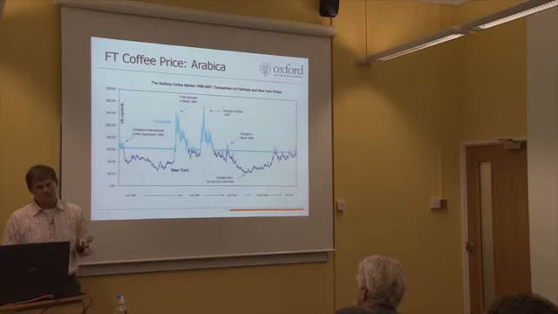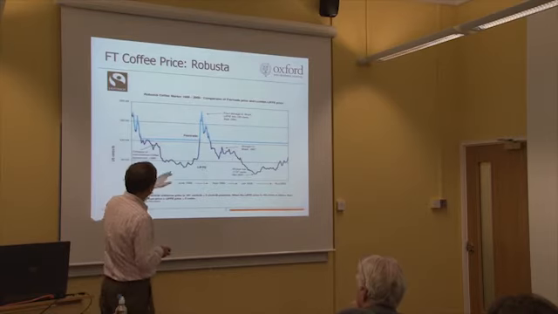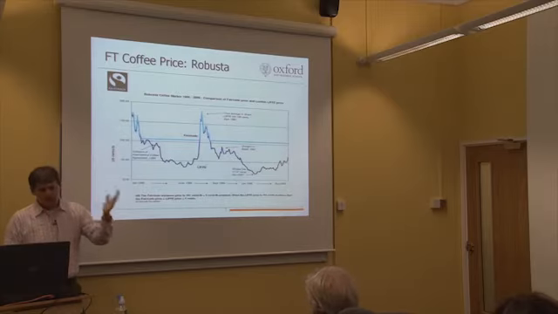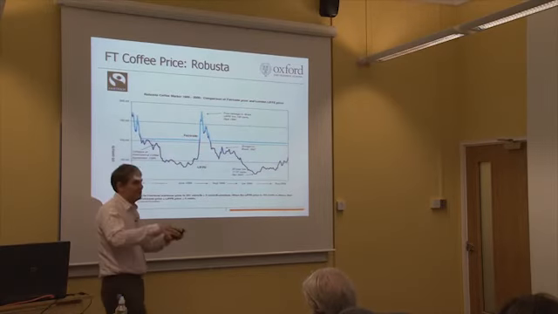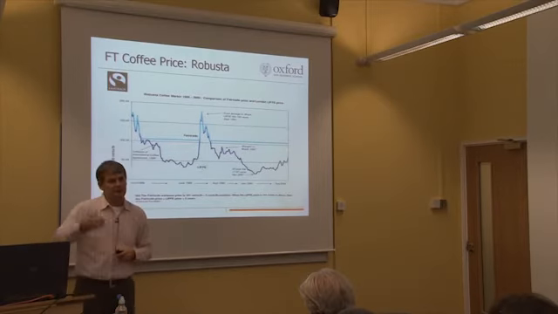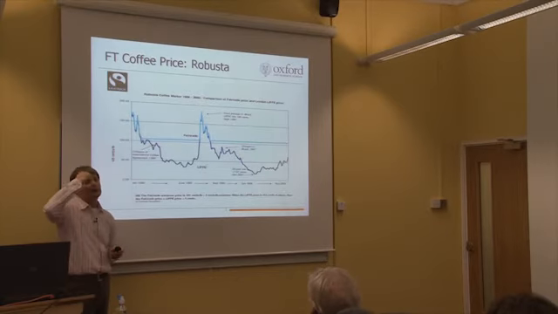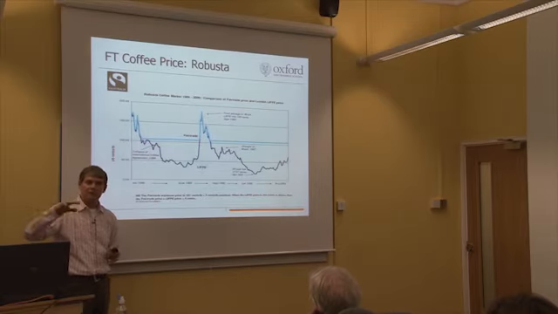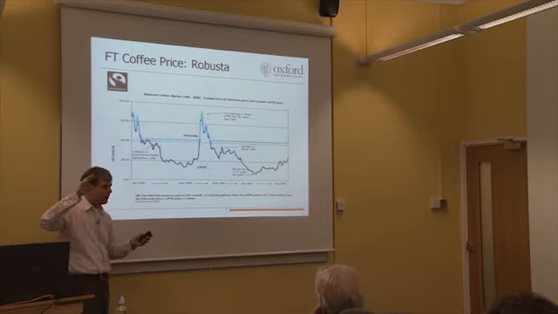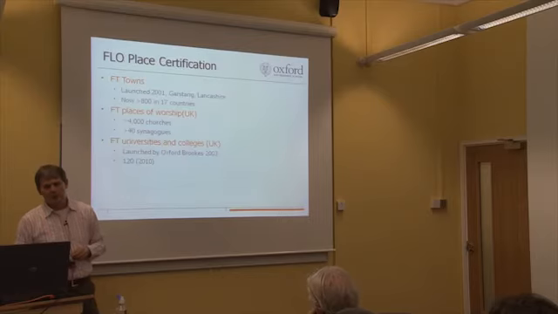So does it make a difference? Yes, it does. And this is just an example of Robusta coffee, another example. Now, it's not always as clear as this, right? If you look at things like cocoa, historically over the last few months, there's been effectively a shortage of cocoa compared with world demand, and cocoa prices have been going up very high, and in a sense the fair trade floor price for cocoa has become kind of meaningless because the market price is very high for everybody. But of course, as I said, the fair trade buyers pay the higher price. So it depends product by product.